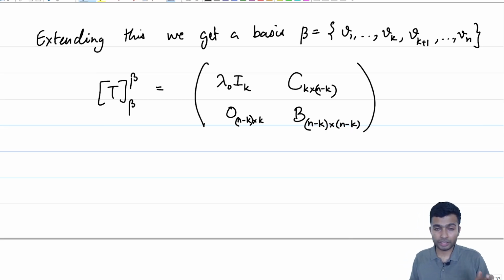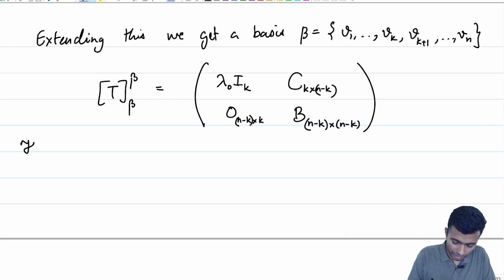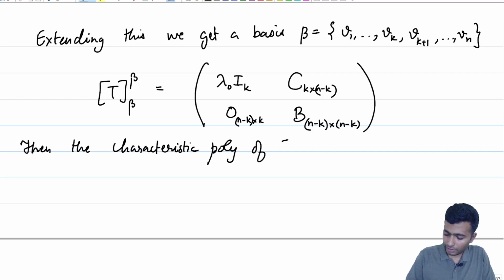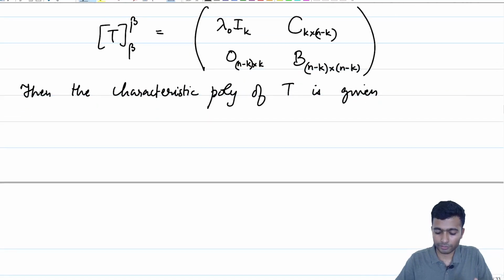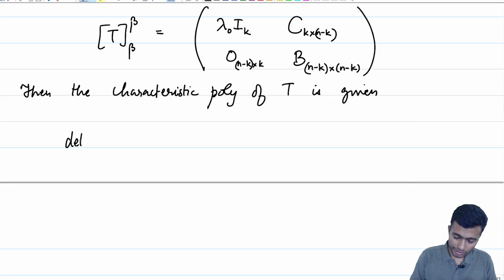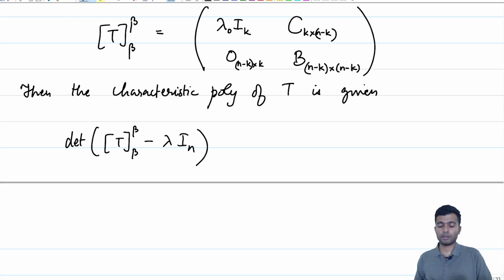Okay, so what will be the characteristic polynomial of T? So, let us see. Then the characteristic polynomial of T is given by, so recall that the characteristic polynomial of a matrix is invariant under similarity, and therefore, the characteristic polynomial of a linear operator can be defined with respect to any basis. So, what is this? This is basically a determinant of